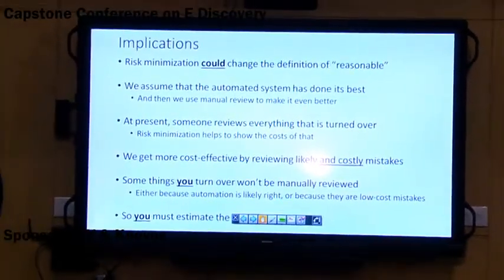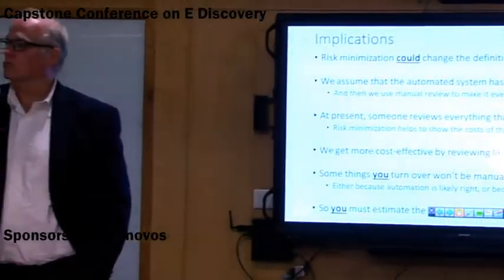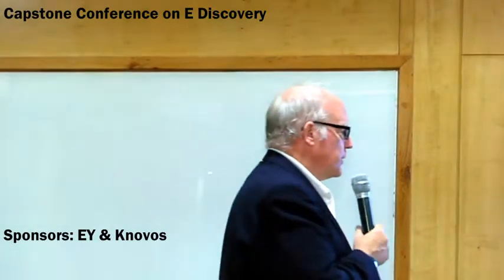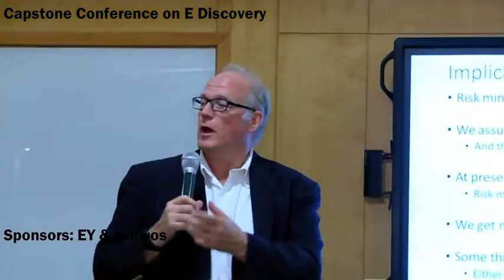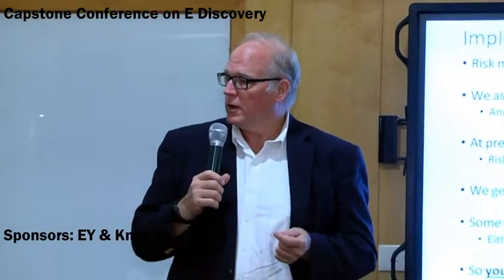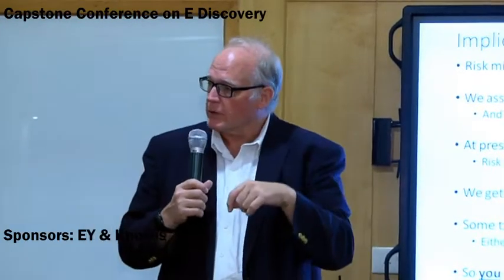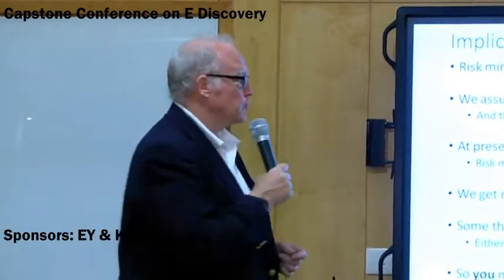So the basic idea here is that we can tell you what is cost-effective to review and what's not cost-effective to review if you can tell us what the costs are. If you can't tell us what the costs are, we can't do anything for you. And I just can't imagine how many of you must have been talking about the costs of mistakes on the way in here. I'm suspecting it's 0, right? It's just not something that we presently have in our discourse. So here's the technology that can use the results of that discussion. And then the question for you is, can you think of the problem in that way? Or do we have to design the technology in some other way to match the ways in which you're thinking?